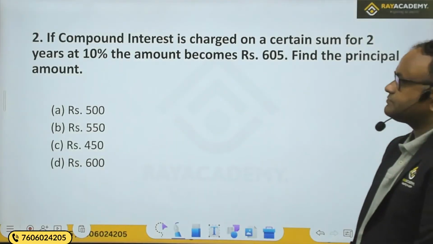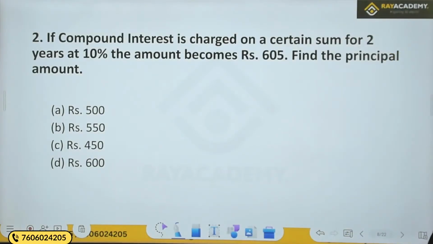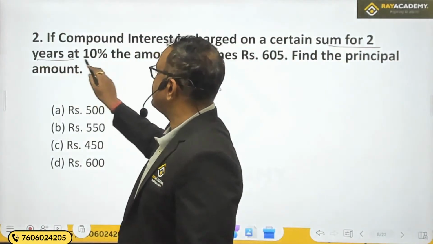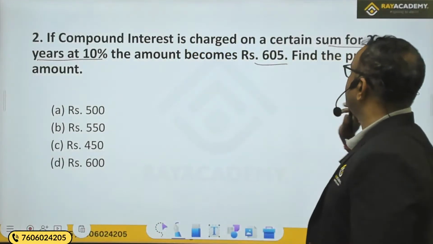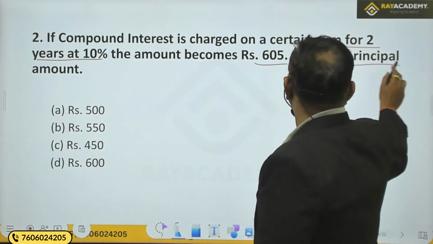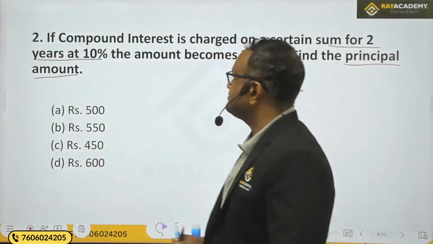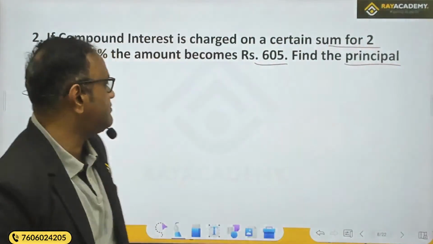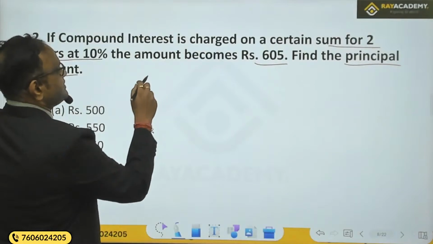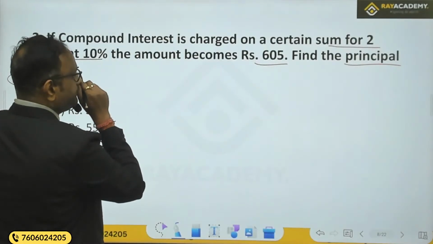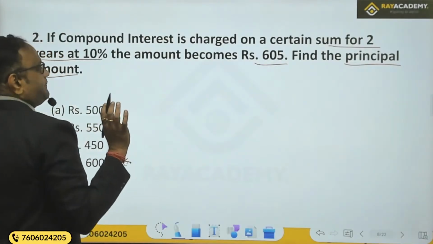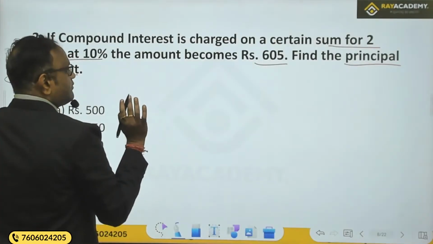Next question. If compound interest is charged on a certain sum for 2 years at 10%, the amount becomes 605. Find the principal amount. Okay. Here you can simply do it using the formula. The compound interest is charged on a certain sum for 2 years at 10% per annum. Okay. To make the calculation easy,